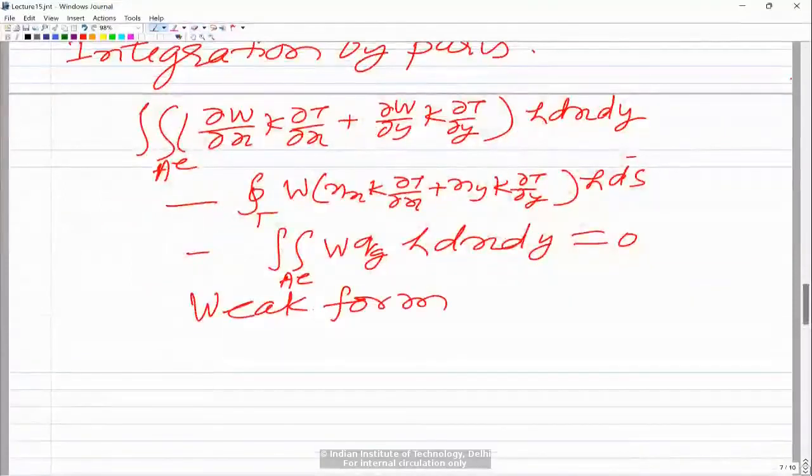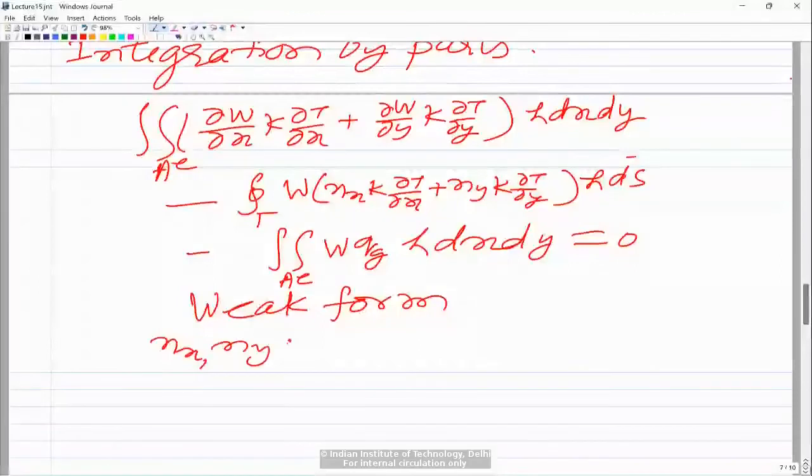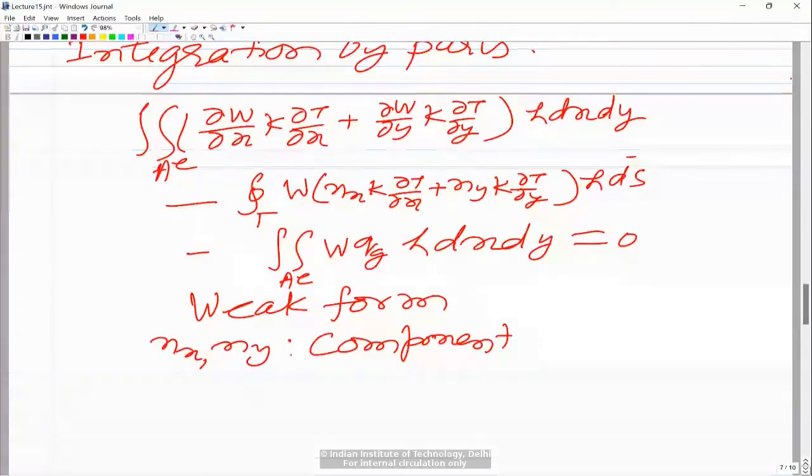This is the weak form. So now if you look at nx and ny, let me write both together. nx and ny are components of, if you take the boundary, you can consider an outward normal to the boundary. Along that outward normal, if you take a unit vector, that unit vector will have components, the direction cosines, along x and y. So nx and ny are those. So component of unit